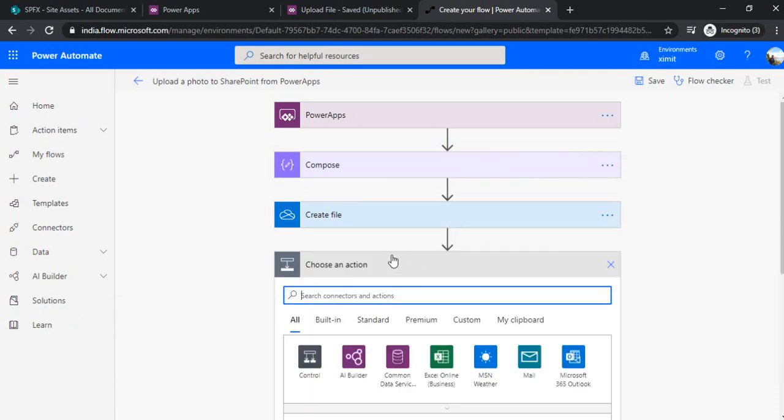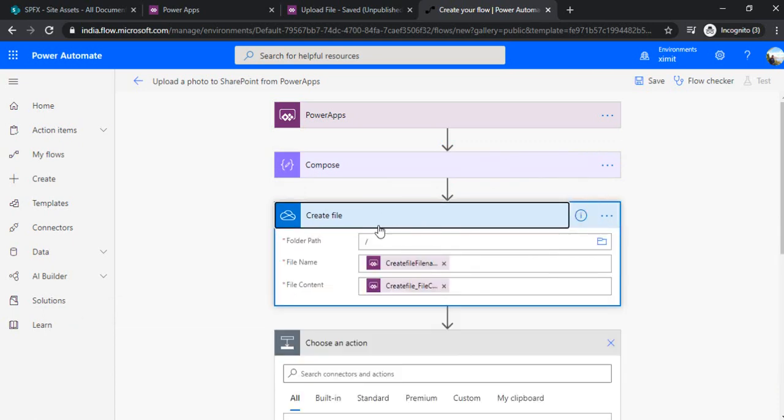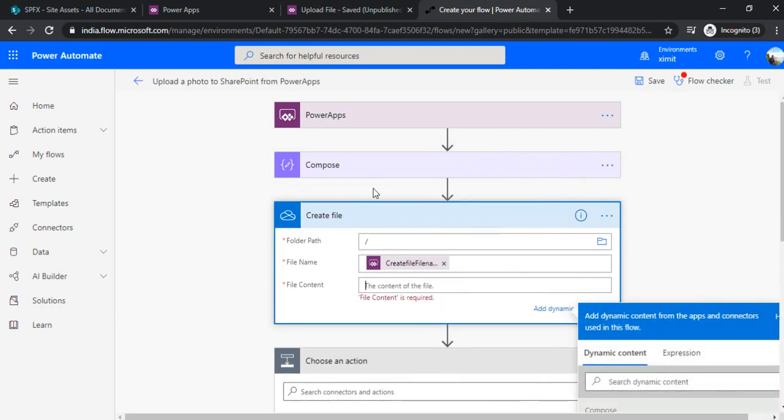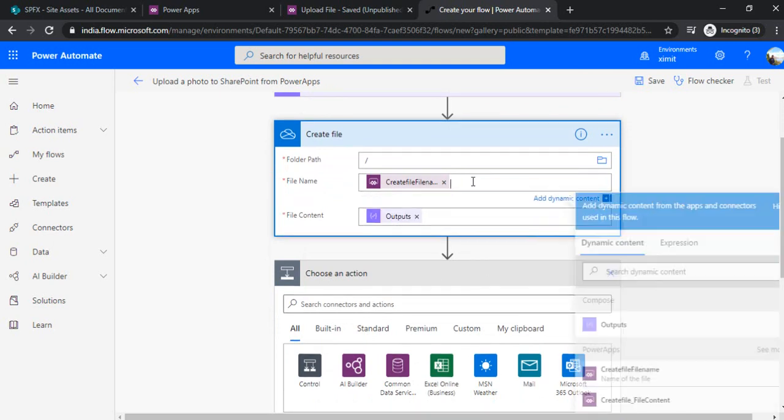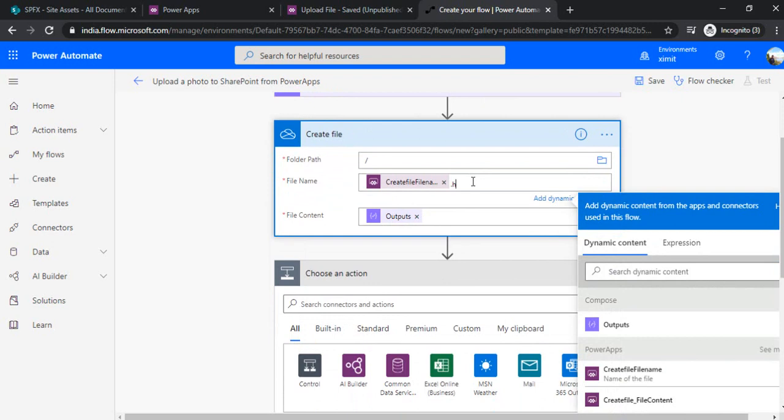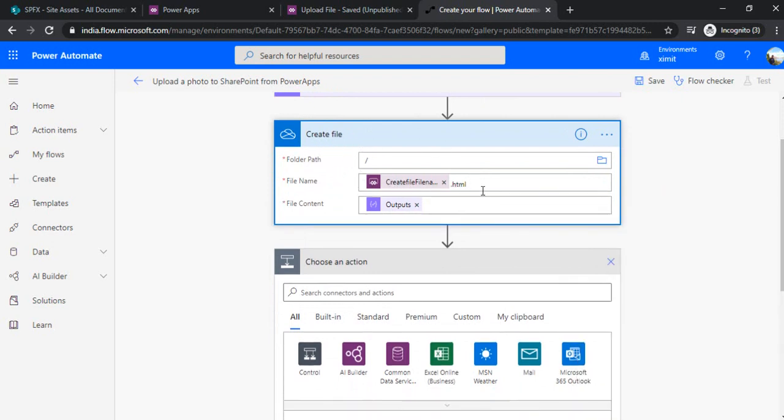Now in the next step I'll convert the file which I'm creating. I'm removing this create file content, because now I'm going to use the output from my compose action. So I'll use this output of compose, and to the file name I'll append HTML, because as a hopping file I'm using HTML, which I'll be creating in OneDrive.